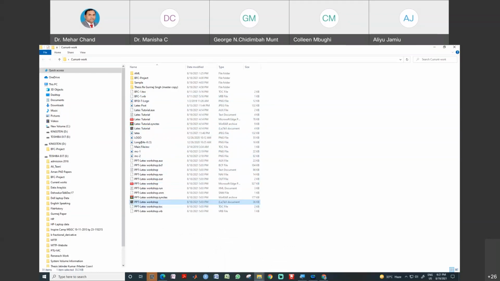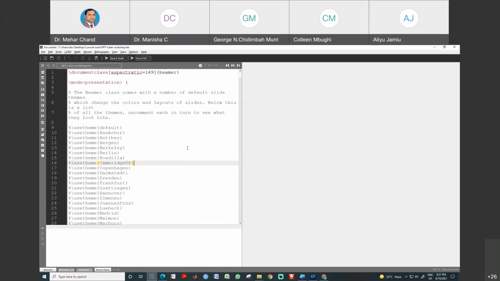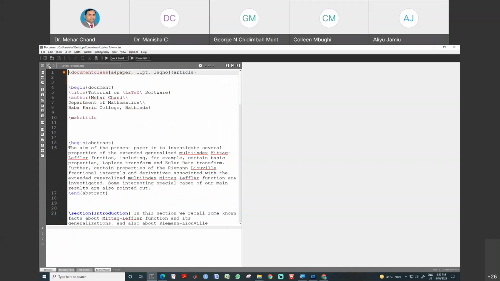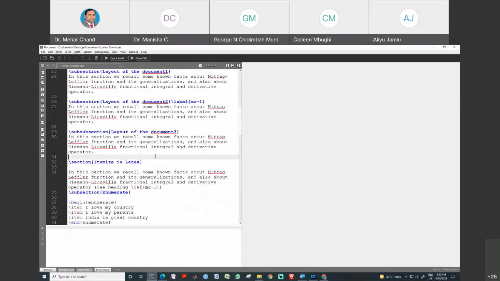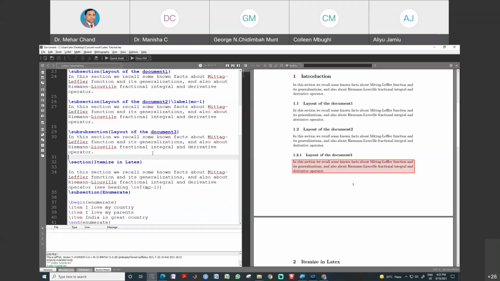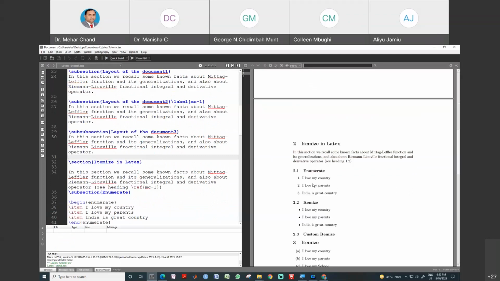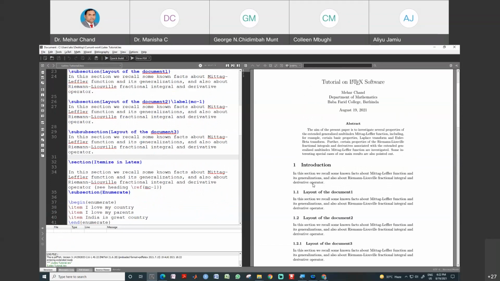Both files have been opened. First, I am targeting this tex file which I prepared yesterday and which we use here. When we execute this one, you can see here the last work which we discussed yesterday.